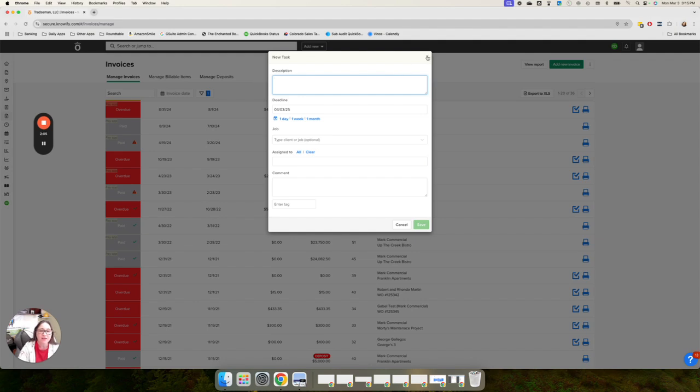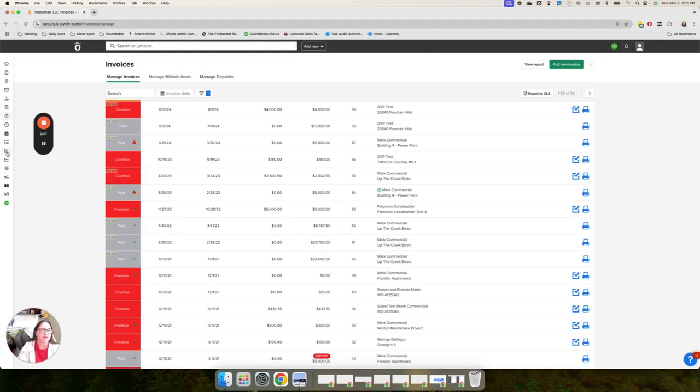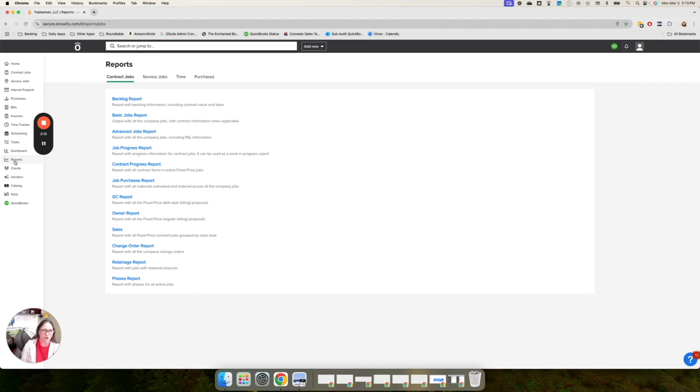And then the last thing that I would definitely recommend as a tool within Knowify that is a really great tool to use is there's so many wonderful reports available to you out here. So there's a report on open invoices, bills, your job progress report, your advanced jobs report. There's just so many great reports that I would be pulling on a regular basis. Make it a habit to check them at least weekly so that you can make proactive decisions about invoicing, expenses,